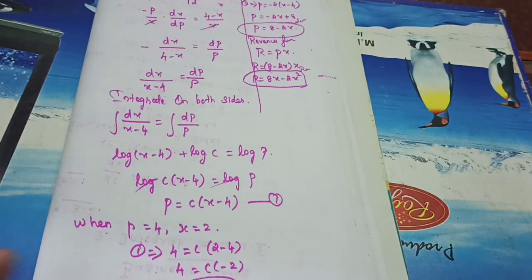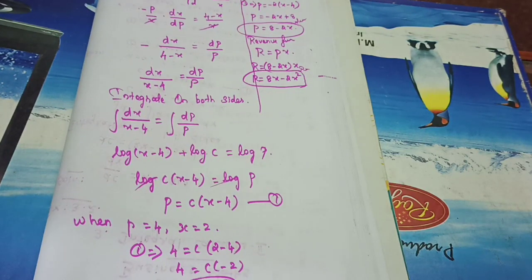Okay, so afterwards P is equal to 4 and X is equal to 2. You need to find the C value. So after finding the C value, substitute in 1. They asked you to find the demand function and revenue function. So for the revenue function, the formula is R is equal to P into X. The P value we have already found out, so no need to do it again. If we substitute in the formula, you will get the answer. Understand, students? You may get some confusion, each and everything will be somewhat different, so don't